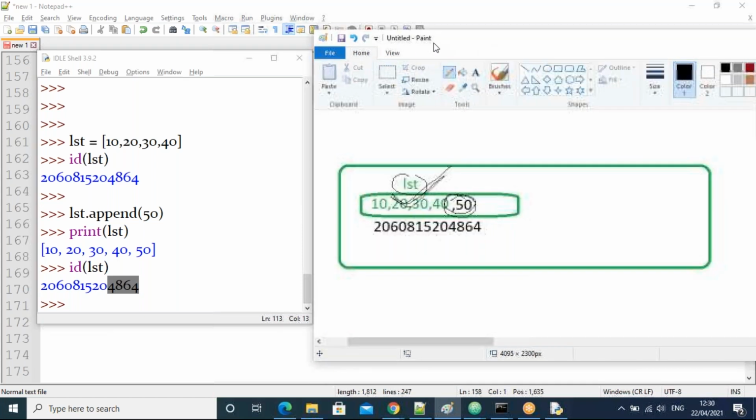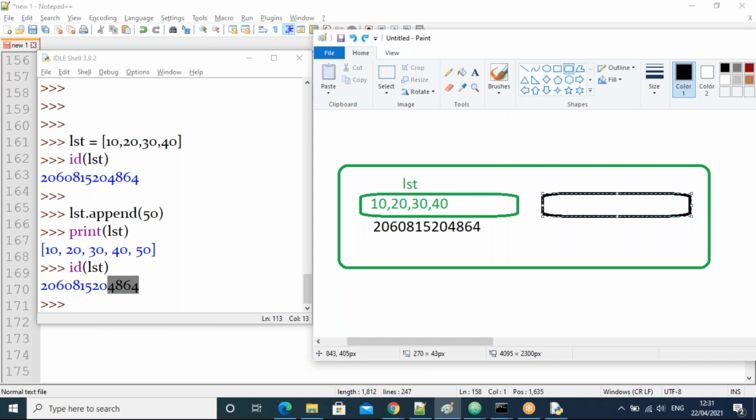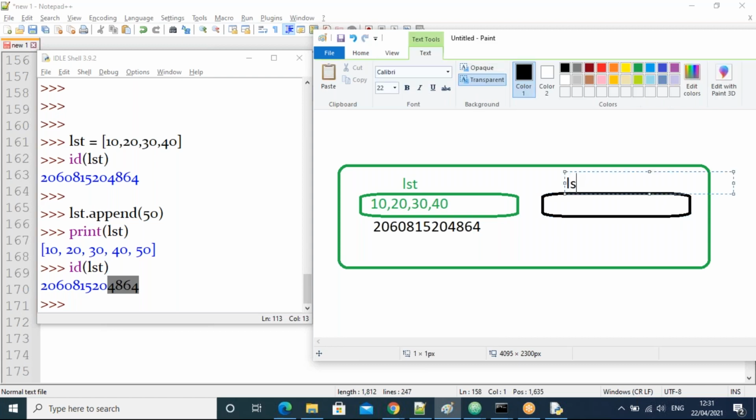If a new address comes, 50 is not added here, guys, right? Now that 50 is added, with the new list, a new list is created again. All of you observe: a new list is created with the same name, and already the values are 10, 20, 30, 40. Now 50 is added, and here there is a new address, right, guys?